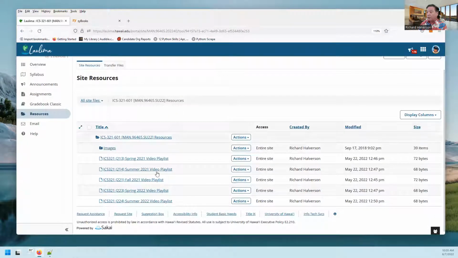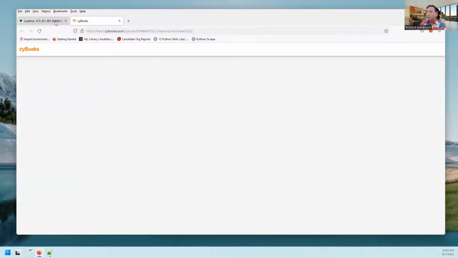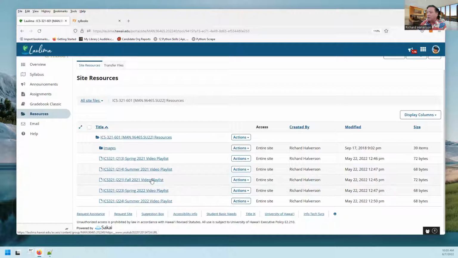And these are the playlists from previous semesters. I think it's fall of 2021 where I had just rearranged all of the chapters or all the sections, and so the fall of 2021